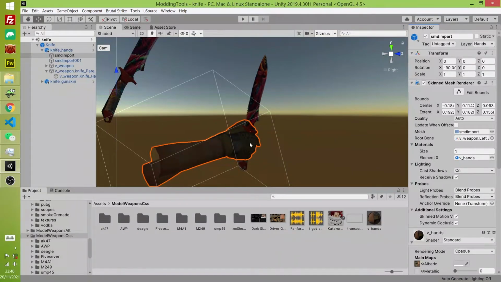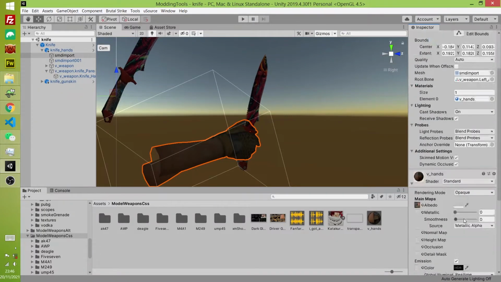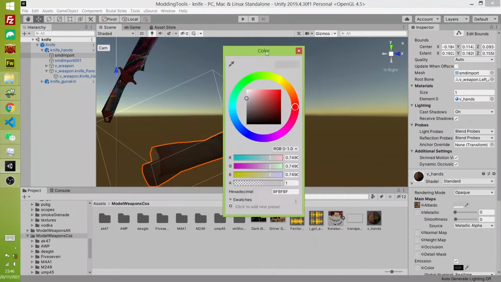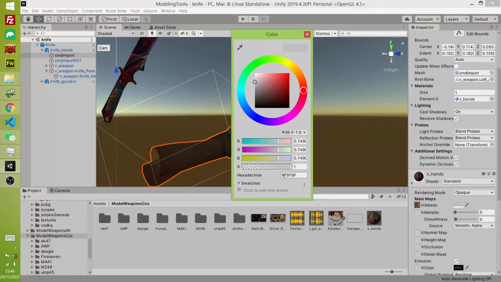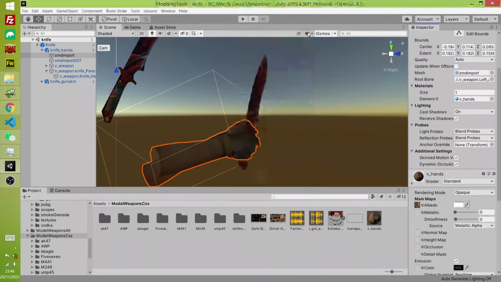Okay, it's a little bit darker because I set the color. There's a correction to do here. I set the color to code BF, BF, BF. This will be lighter, but it will be too bright in game.